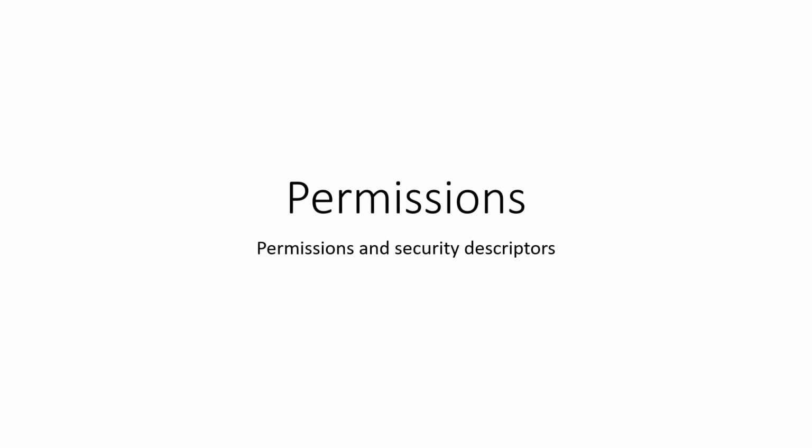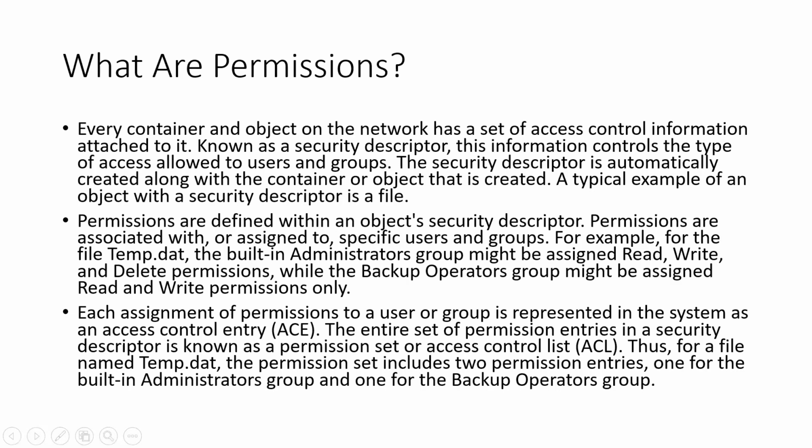So one of the things that you would want to do is control how things are accessed on your network. And you can achieve this through permissions. So what are permissions? Basically, every object on a network has a set of access control information that comes with it. These are known as security descriptors, and they control the type of access allowed to users and groups. The security descriptor is automatically created along with the container or object that is created. So whenever you create anything in the server environment or in a work environment, automatically